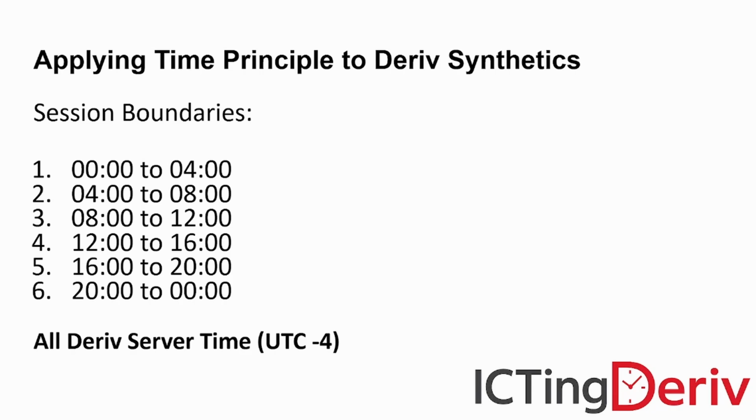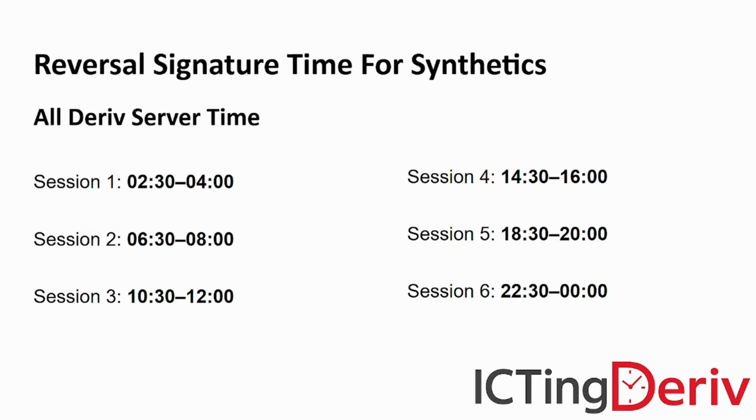So when you come here, you're looking at these sessions. We have to define the boundaries for us to be able to study this reversal signature in price. And so it's in blocks of 4 hours of price action. So where does the reversal signature for synthetics occur within these sessions, right? It occurs generally beginning from the last 90 minutes of each session. So you have 2:30 to 4 a.m., 6:30 to 8 a.m., 10:30 to 12 p.m., right? So it occurs during that last 90